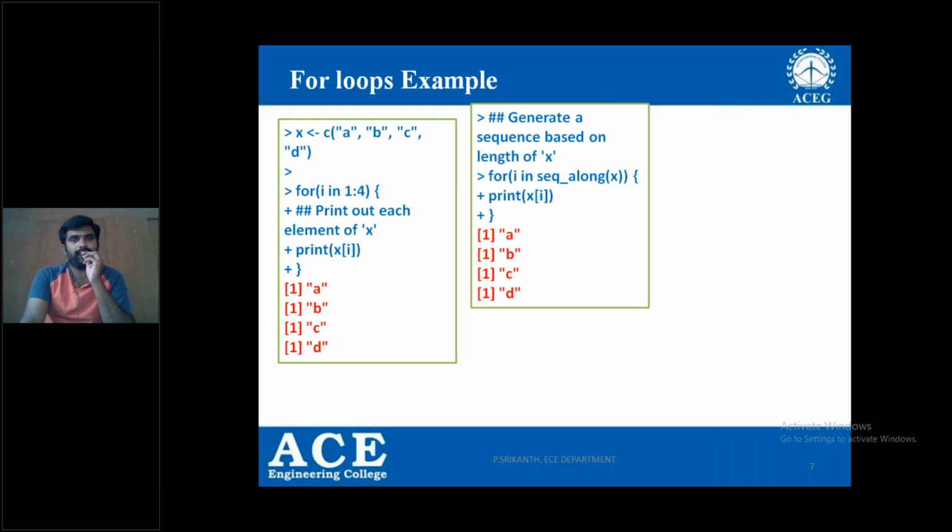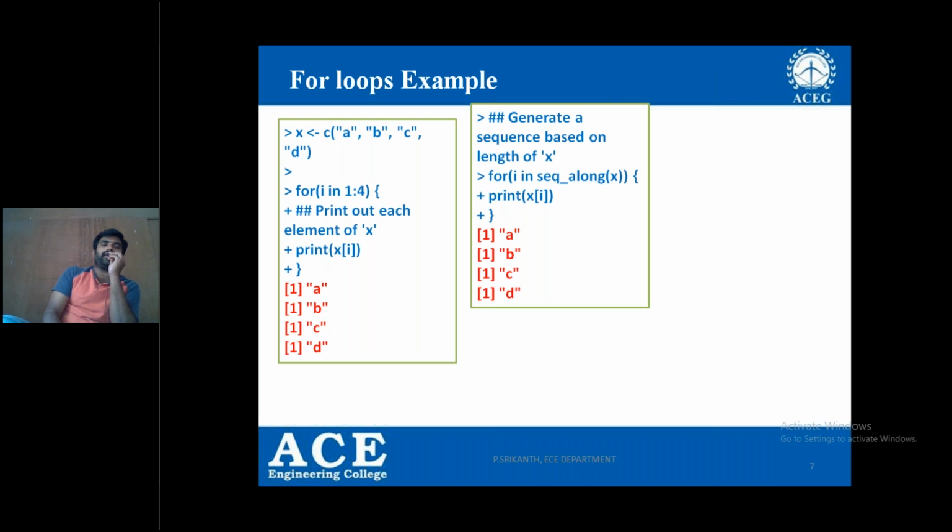Simple example. Another example is generation of a sequence based on the length of x. So how do you check? i in seq_along x. That is how long the loop repeats, how long the i value will increase until it reaches the maximum length.